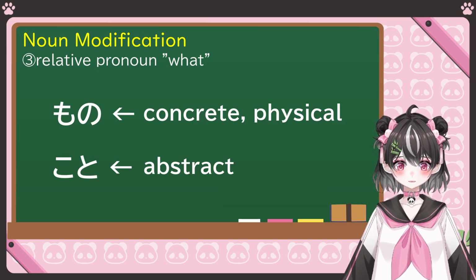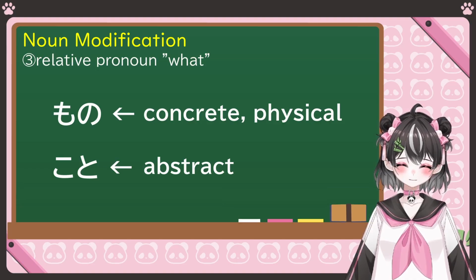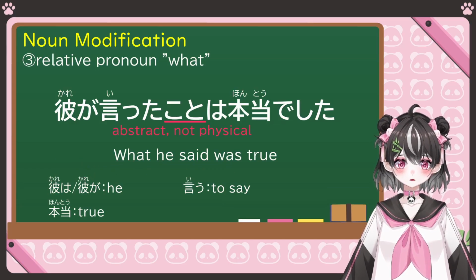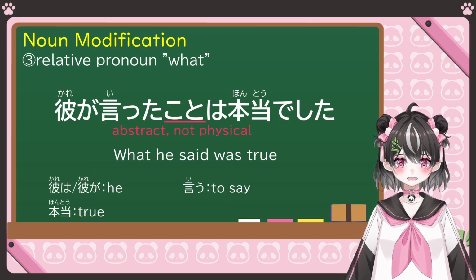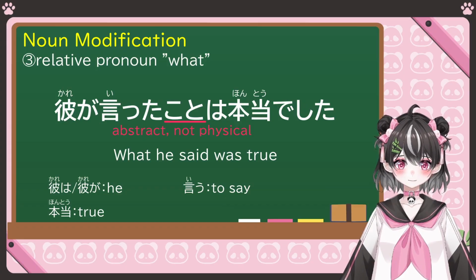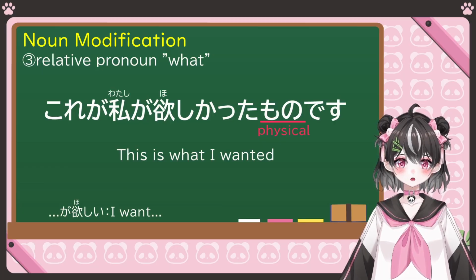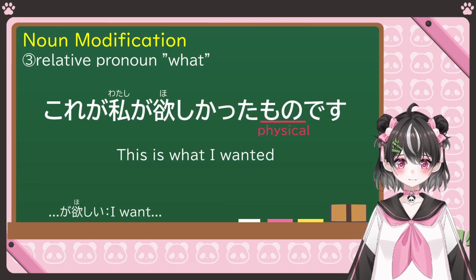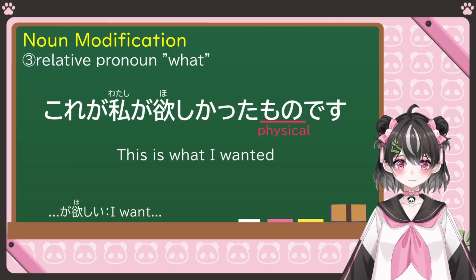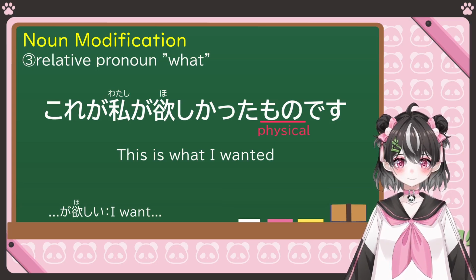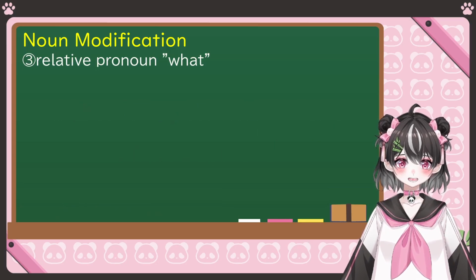For example, using earlier sentences, 彼が言ったことは本当でした。これが私が欲しかったものです。